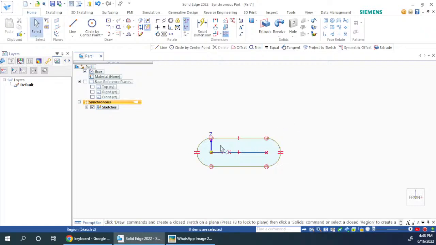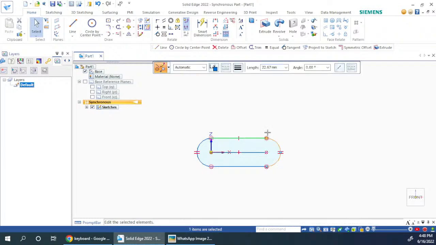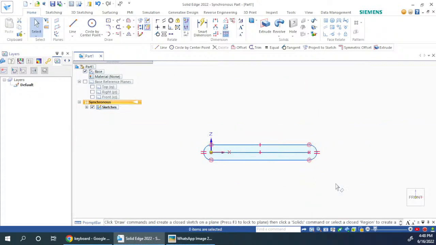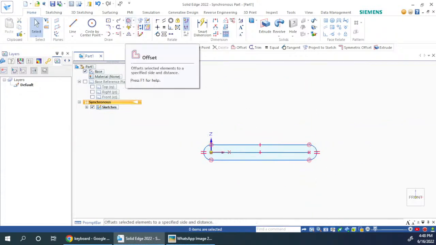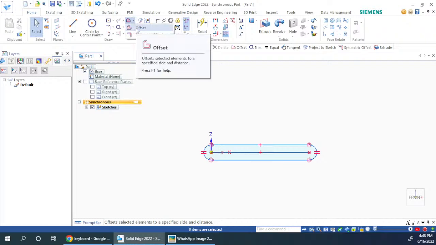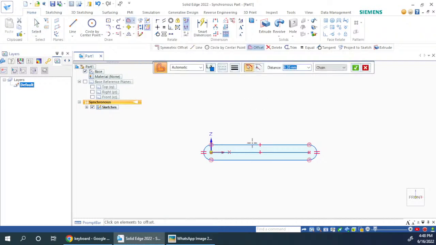Okay, so now this is our slot. Let me just check whether it is functioning properly. So when I change the slot, it should change according to the constraints. That is one thing I have to ensure. Fine. So the next, let me just take offset, and offset distance is there here. Okay,